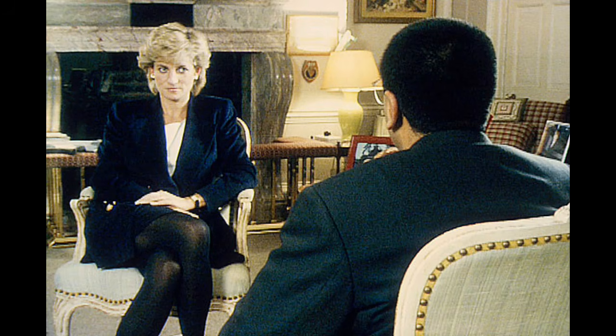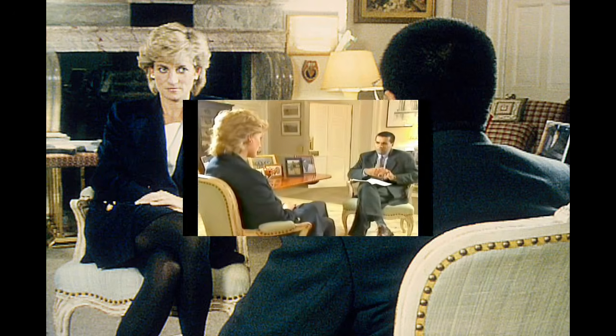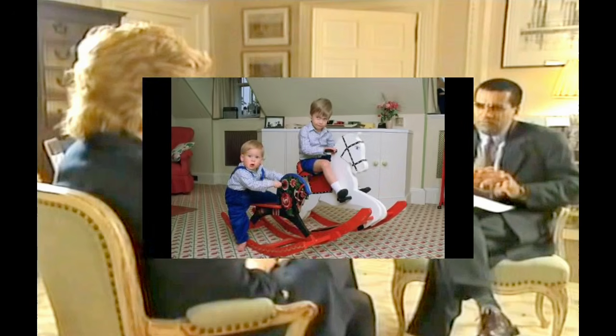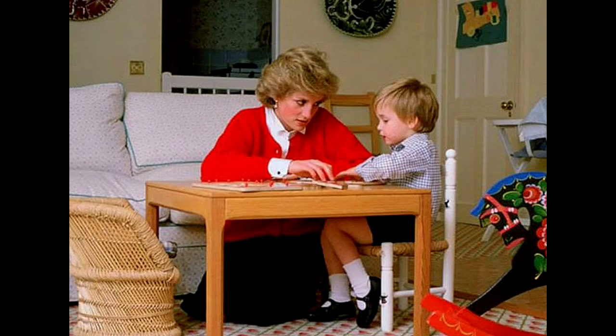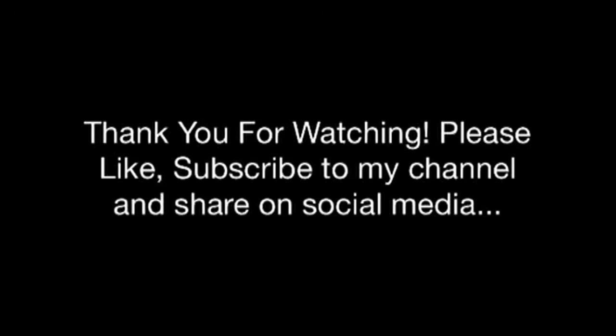This is the Martin Bashir interview, again using those chairs that we saw earlier. It was actually Prince Charles's former study. Again, more family portraits. Here we are in the attic, which is the children's nursery. Again, the early 80s, quite an ornate carpet. And obviously Princess Diana was